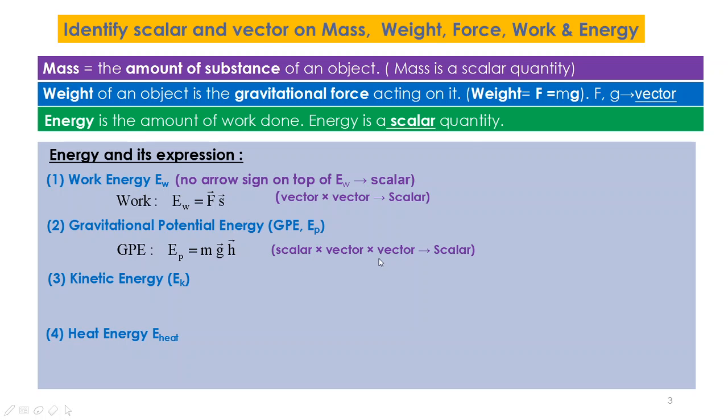3, kinetic energy. Kinetic energy, short form KE, is equal to half of m v squared. v is a vector, and v is also a vector, and a vector multiplied by a vector will be a scalar. The next one, heat energy: all of the letters m, c, theta are scalar quantities. Therefore, we conclude all kinds of energy are scalar quantities. Weight is equal to mg, which is equivalent to